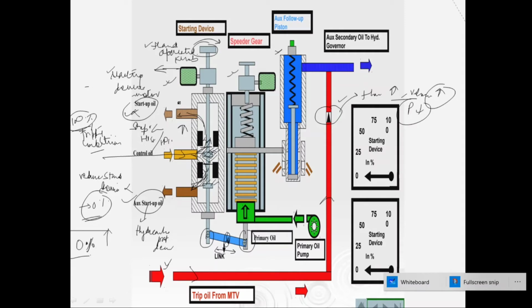Now when you increase your starting device, you will see that startup oil is connected again to drain, and that auxiliary startup is also connected to drain.